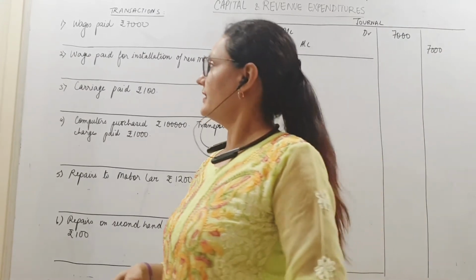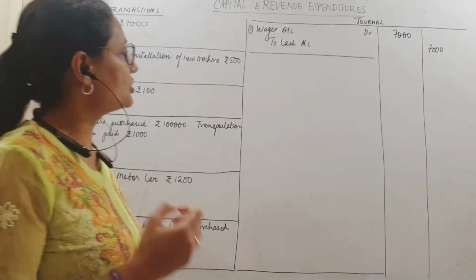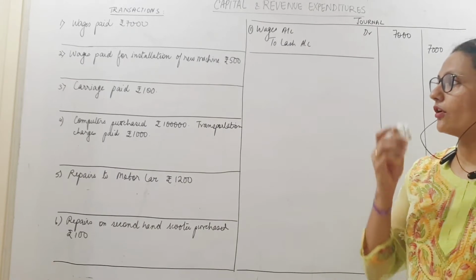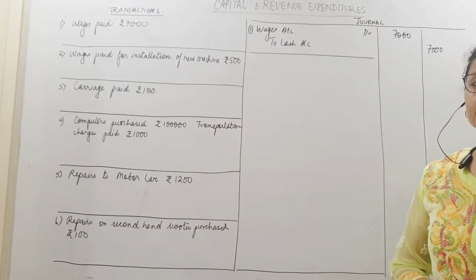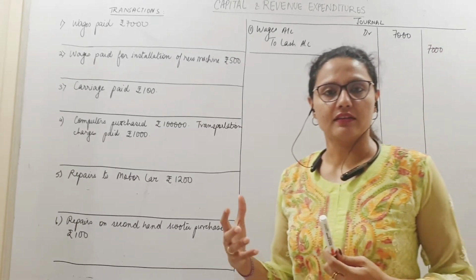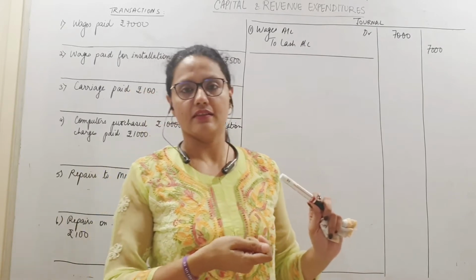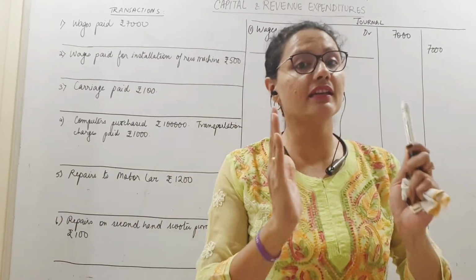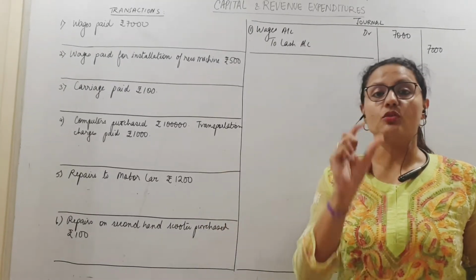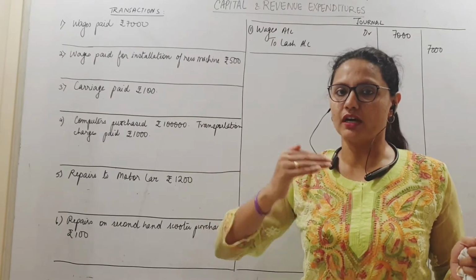Fine. Then wages paid for installation of a new machine, 500. Smaller amount. But what is the purpose of paying the wages? You are installing a new machine. Whenever a new asset comes, it has to be installed, right? You have to fix it and then bring it up to a working condition. So whatever we spend, mark my words, whatever we spend on bringing the asset to our premises,